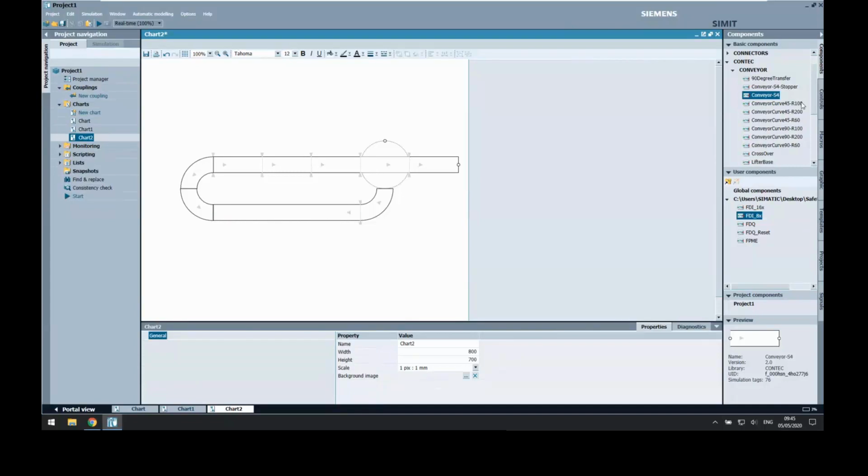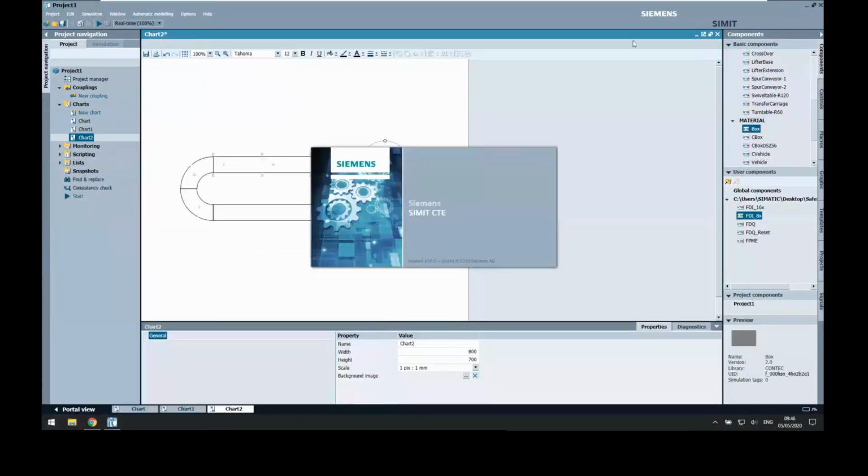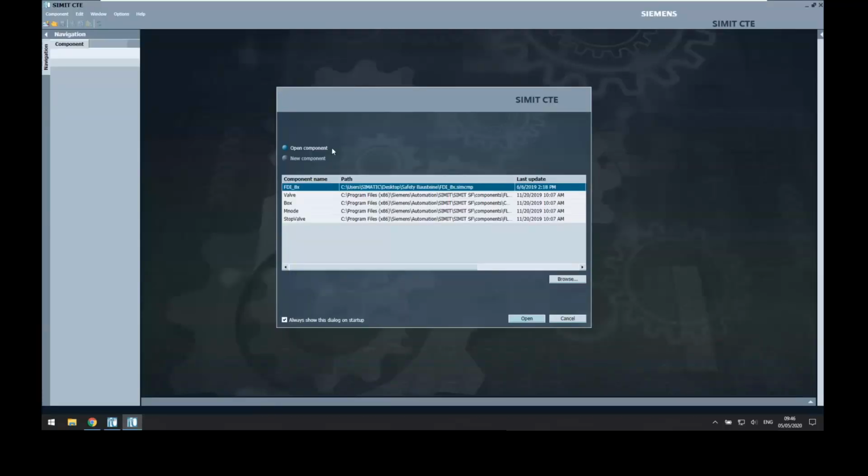But we need something on it, don't we? So the thing that can go, well, it's basically anything, but we have these materials here, and you can find some boxes here. Yeah, I know I said bottles, and these are boxes. So I guess what you could do if you wanted, we could do a SIMIT CTE, and rather than using the boxes, although I guess the bottles could be in the boxes, couldn't they? But still, if you wanted the bottles to look like bottles, you could go in SIMIT CTE,